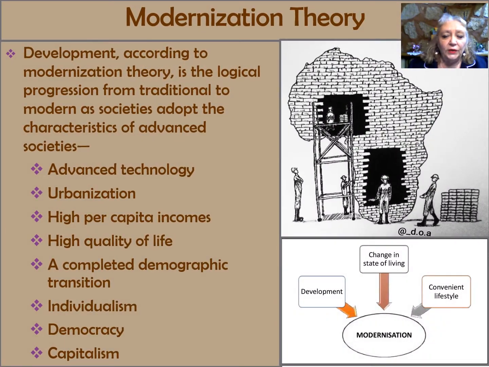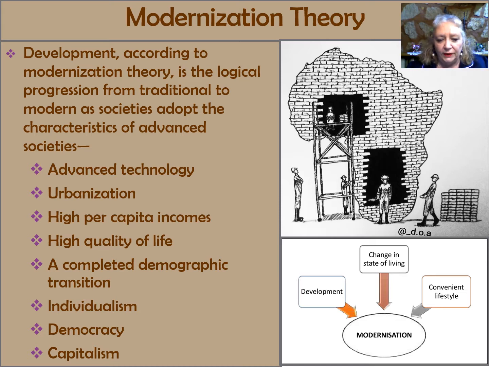The first one that we're going to look at is modernization theory. If you think about this, development is becoming modern. It's the idea of progression, that you're going to progress slowly or quickly, but you're going to move forward. It's never backwards. It's only forward. It's the logical progression that goes from a traditional society into a modern society where you adopt all the advancements